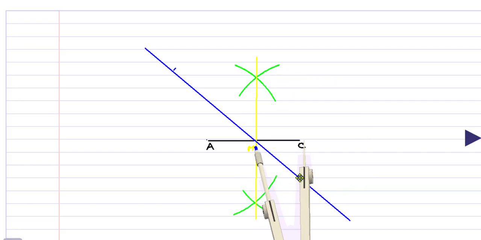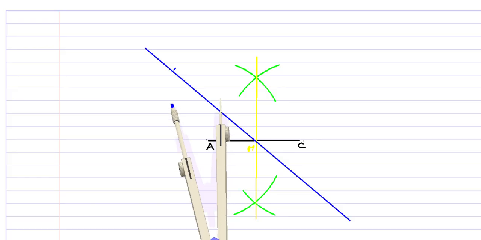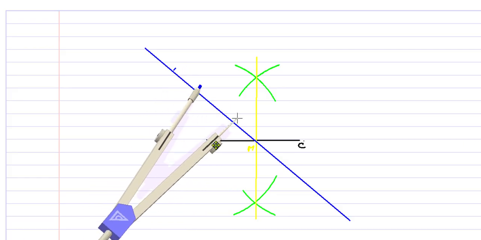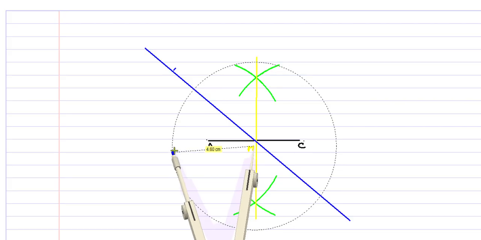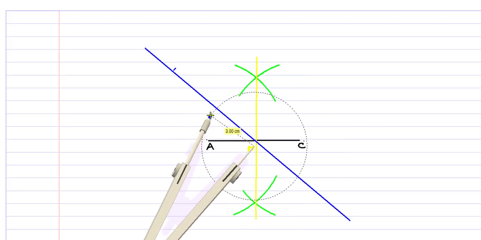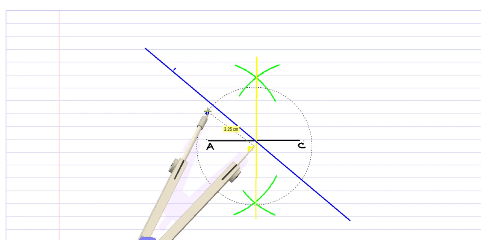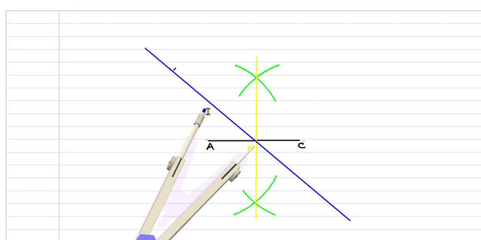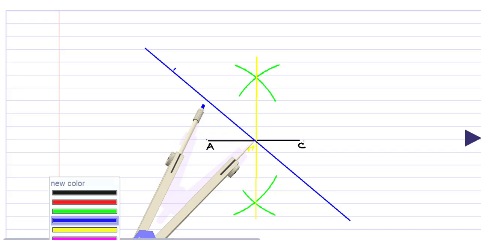Compass at point M and radius equal to half of the length of the other diagonal. Yesterday the lengths of the two diagonals were the same, so we already knew. Now the length of the other diagonal is 7 centimeters, so half of 7 would be 3.5. So, radius equal, tip of the compass at the midpoint, radius equal to 3.5. This is exactly 3.5 that I have opened, and I will make an arc.